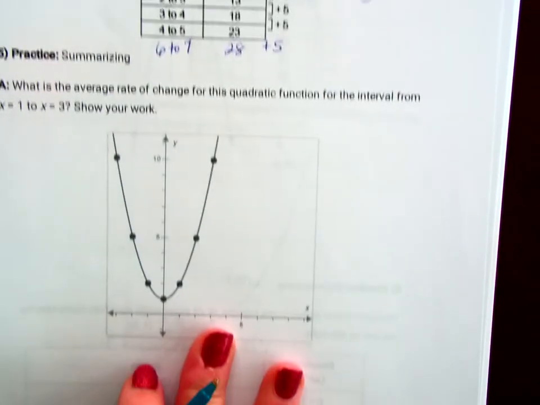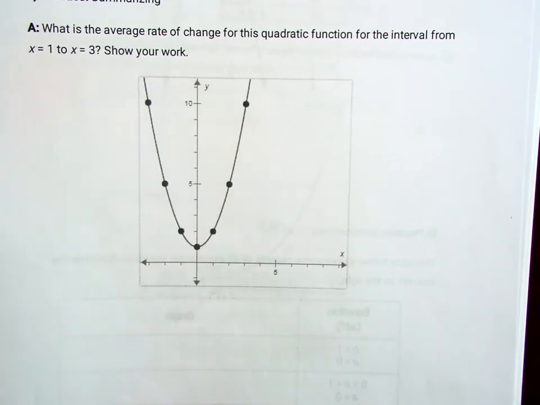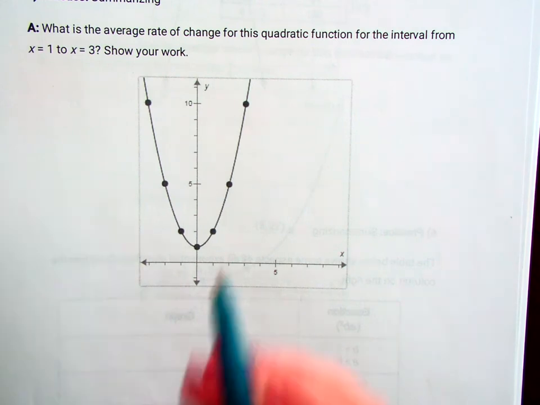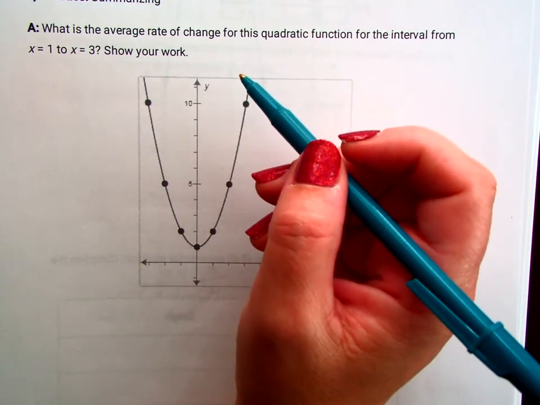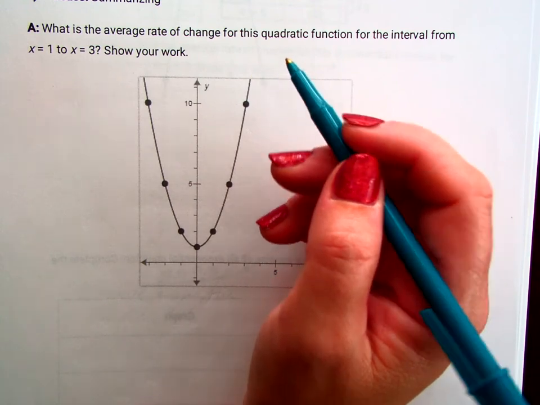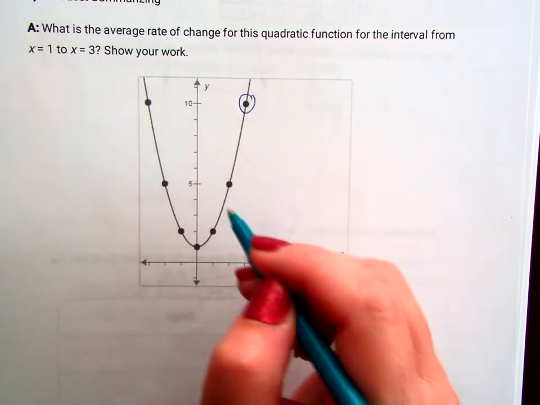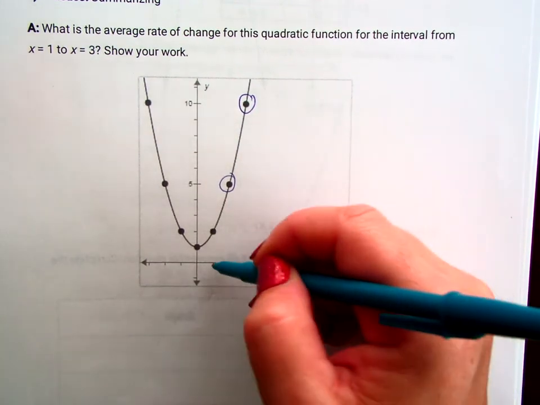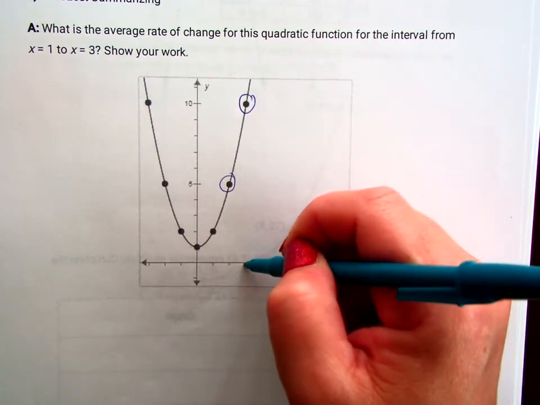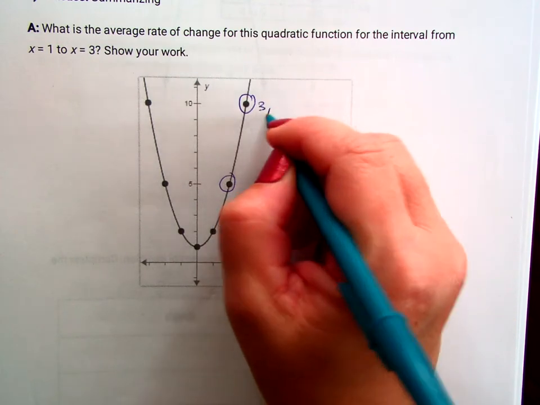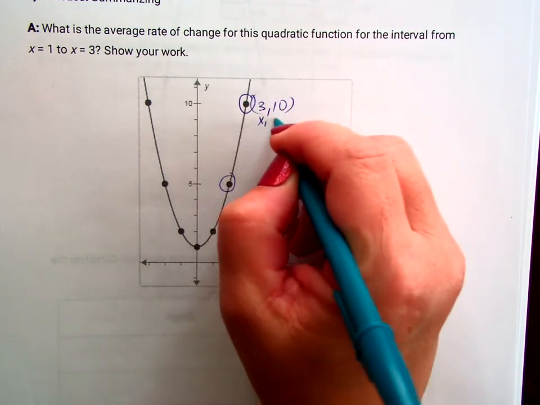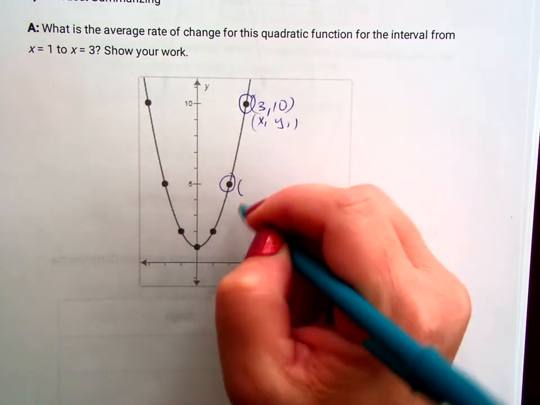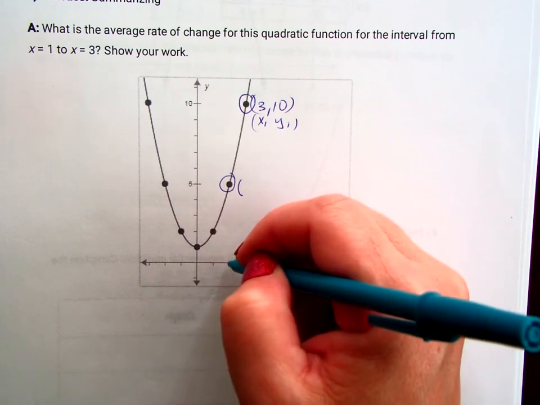Okay, let's look at this picture. What's the average rate of change for this quadratic? So you're going to go ahead and pick any 2 points. So for example, let's pick this guy and this guy. This point here is out 3 and up 10. That's going to be one of our x1, y1. And then this point down here is at,